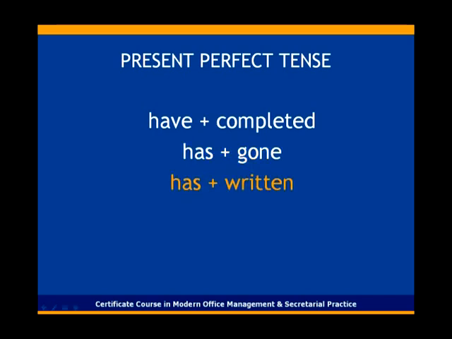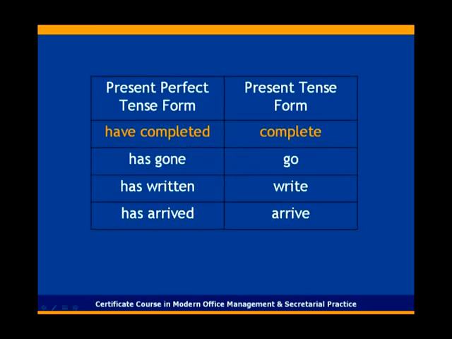Has was placed with written, and has was used with reached. It is important that we use the correct form of the verb in the past tense. Let's take a closer look at the verbs that were used in these sentences and write them in their present